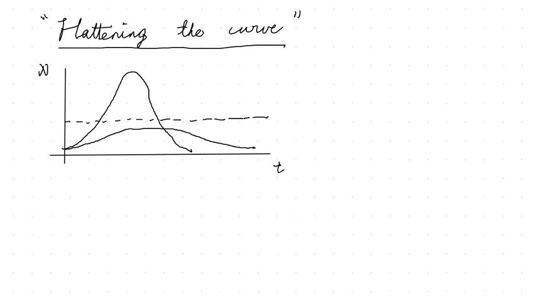One of them grows very fast, right over here. It grows up, and it goes down very fast as well. The other one takes some time to grow, and it flattens out very slowly. This dotted line is the healthcare capacity, and obviously the one that grows very fast passes the healthcare capacity, so at these times you'll get a lot of people who are infected, but there's no hospitals to go to because